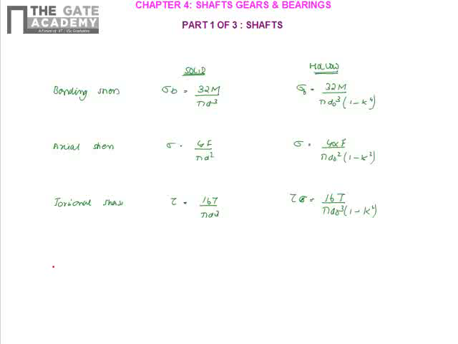Now these are the stresses coming in the shaft due to the bending load, axial load and torsion load, each acting separately. Now what happens if we have a combination of these loads acting on the shaft,